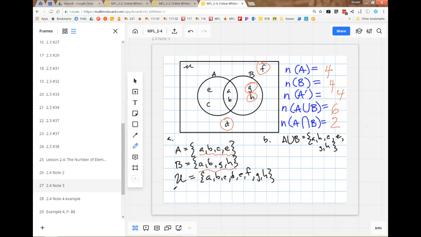So why do you have that F up there in the corner? F is an element that's in the universal set, but it's not in set A or set B. Same with D. Why is it up on the top? It doesn't matter. It's just outside those two circles, but still inside the box. I could have put the F anywhere. Yep. All right, let's go to the next.